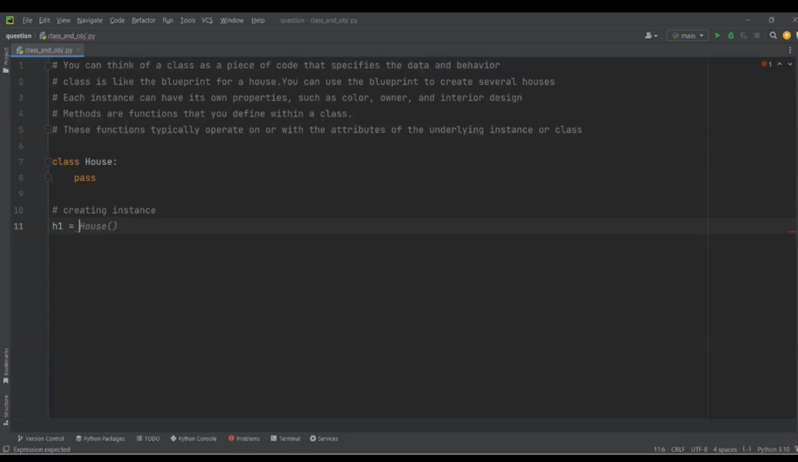Now you have to use this notation: house. How to create an instance? You have to use the class name and open and close parentheses. Now it has some meaning, which we'll see in later classes. Now h1 is one object of the house class. In the same way, I can create one more object. So h2 is equal to